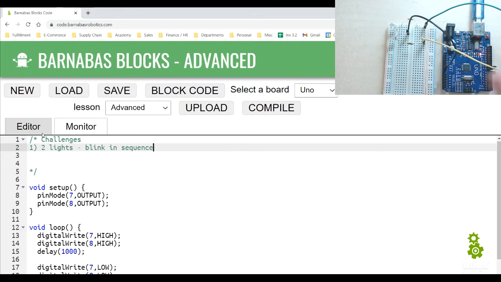So that's what I had earlier, where it's like light 1 turns on, then actually no, it's a little bit different. Okay, so what I want for this first challenge is that the first light blinks, so it turns on and turns off, and then the second light blinks, turns on and turns off, and then it repeats. Okay,